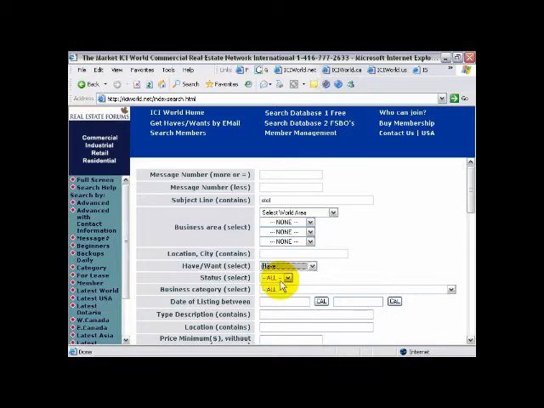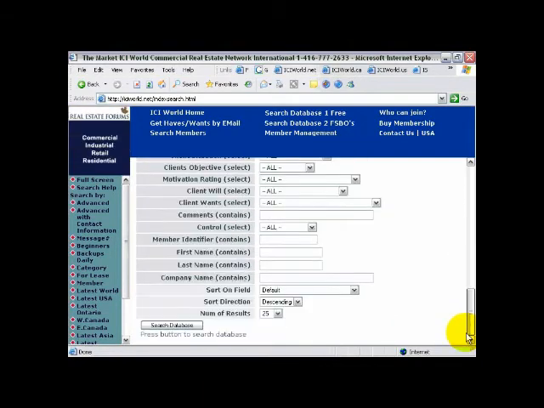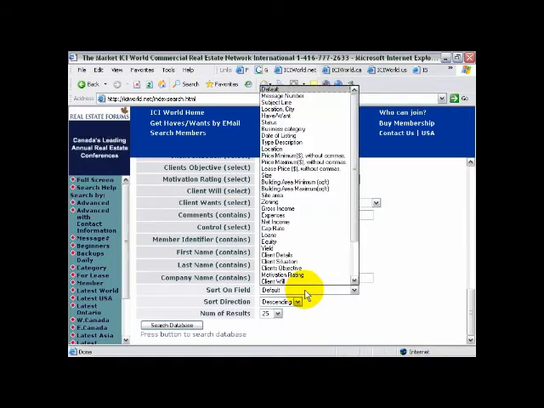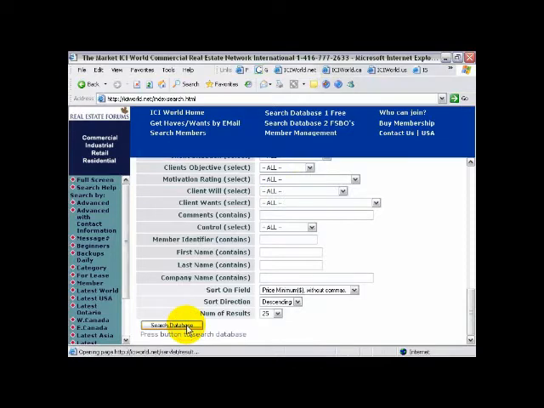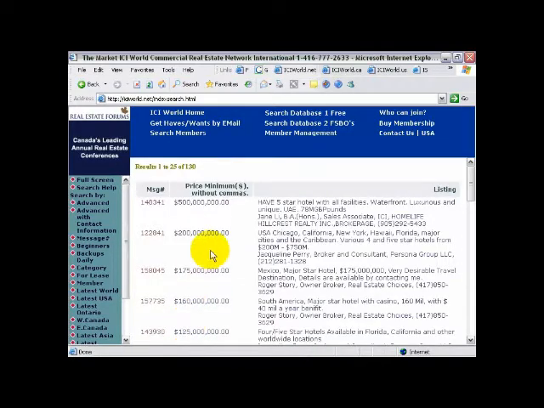I'm going to change it to a have. I'm not even going to choose a business area, and I'm going to sort them by price and search. And I have hotels literally from $500 million on down.